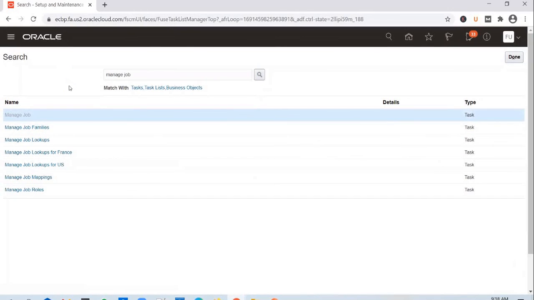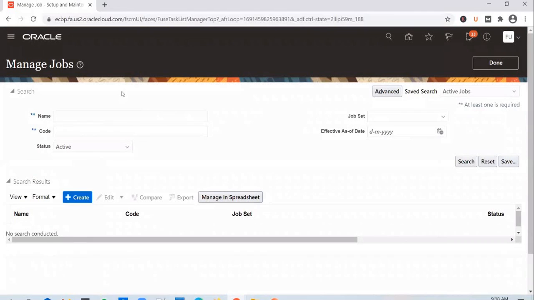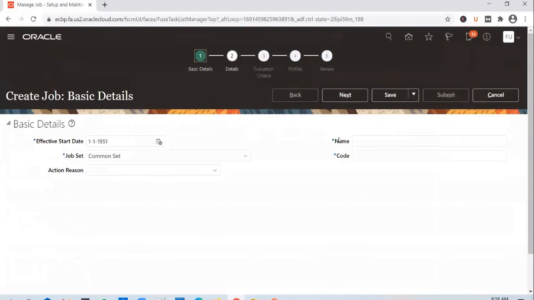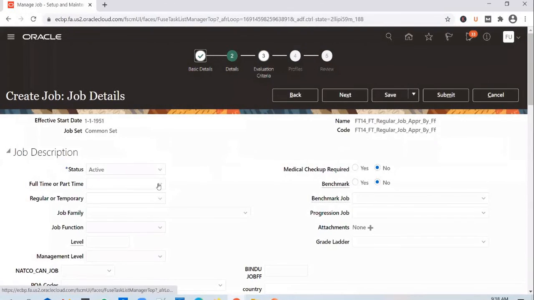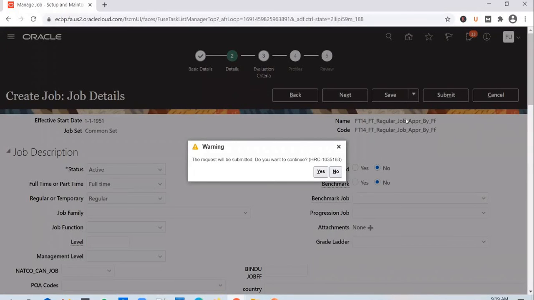Manage job and send in a request. It's a full-time regular job. Go to next screen. And in the next screen, we should select the appropriate option, select full-time regular job and submit the request. The expectation is that this request, a full-time regular, should go to Fusion.Func user for approval.